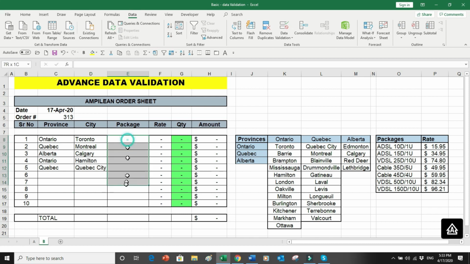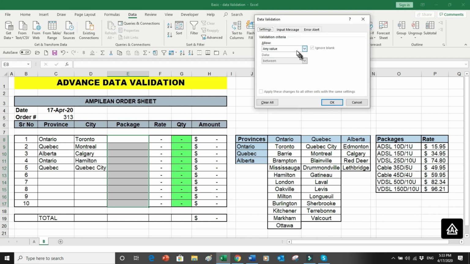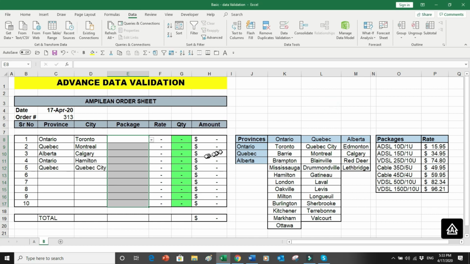For packages, I have already told you, I have to do nothing, just go into the data validation, say data validation, yes, I want it from the list. And where is my list for the packages? My list over here is this. Okay. I go into the rates.